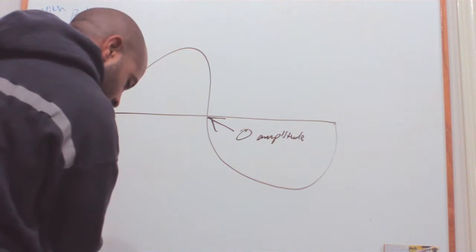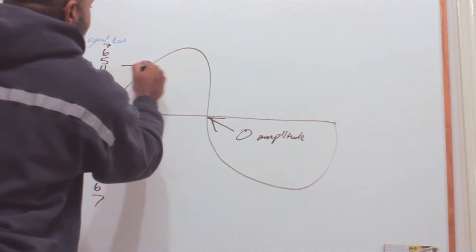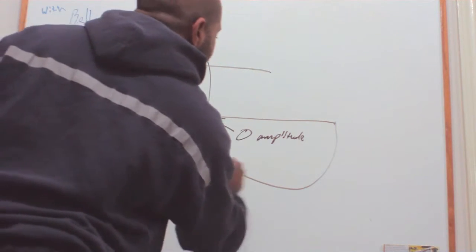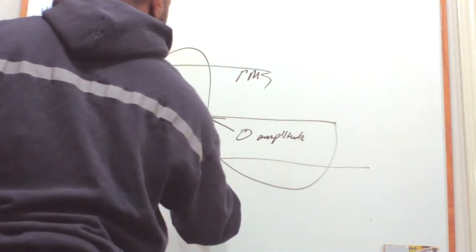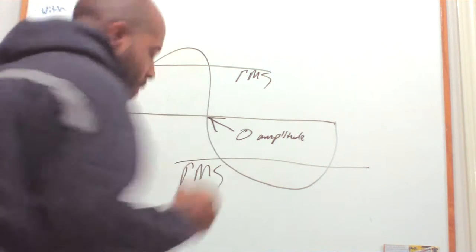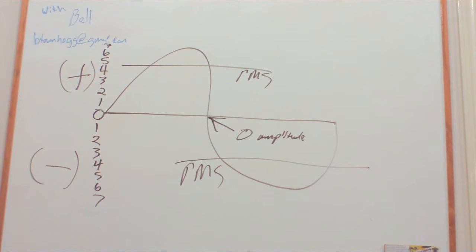RMS should run about right here and right here. Alright, now that's your RMS values, where those lines are, as far as this waveform goes. Now the peak to peak would be at the top of the waveform. Alright, so we're going to draw the peak to peak. Now the peak is going to be at the tip top of this